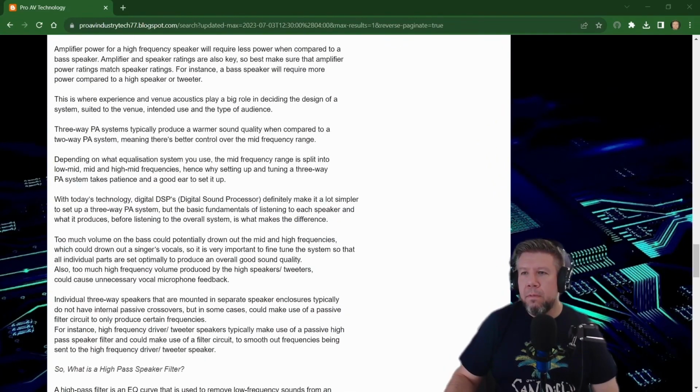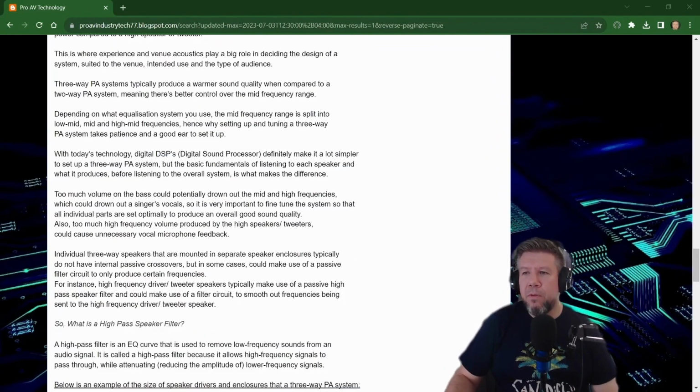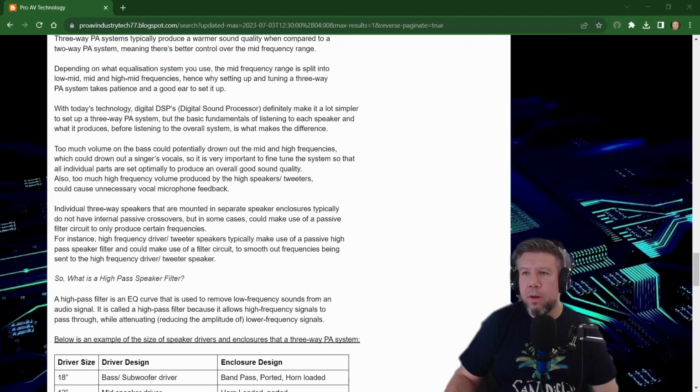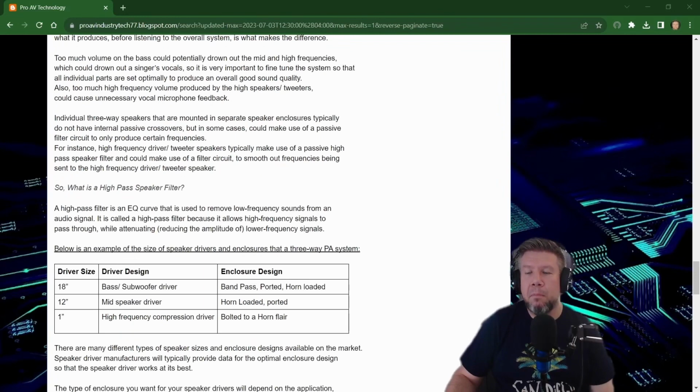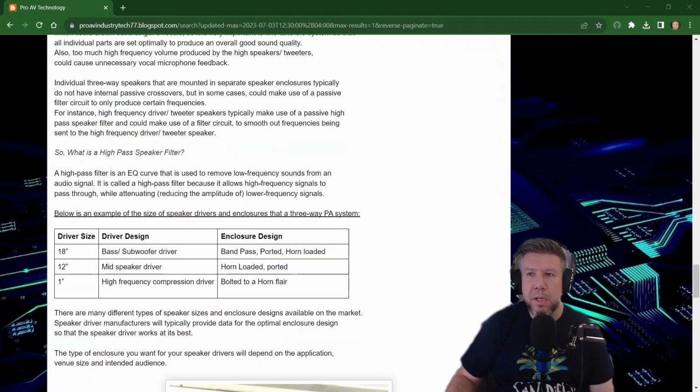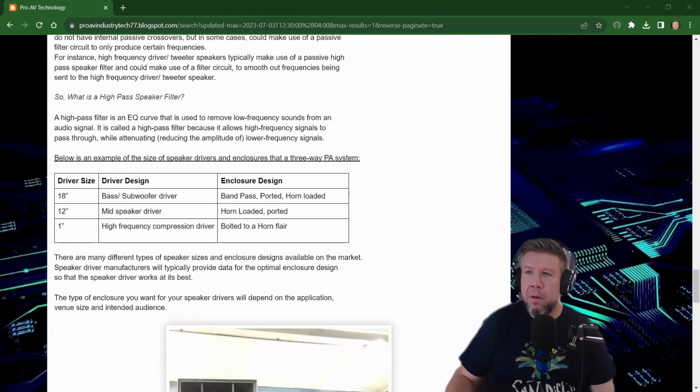So just read through what I've written here with regards to all the text that I've put in here. Your 3-way crossovers will definitely give you more flexibility, as I mentioned, over a 2-way PA system. So, in a basic format to create a 3-way PA system, typically you will use